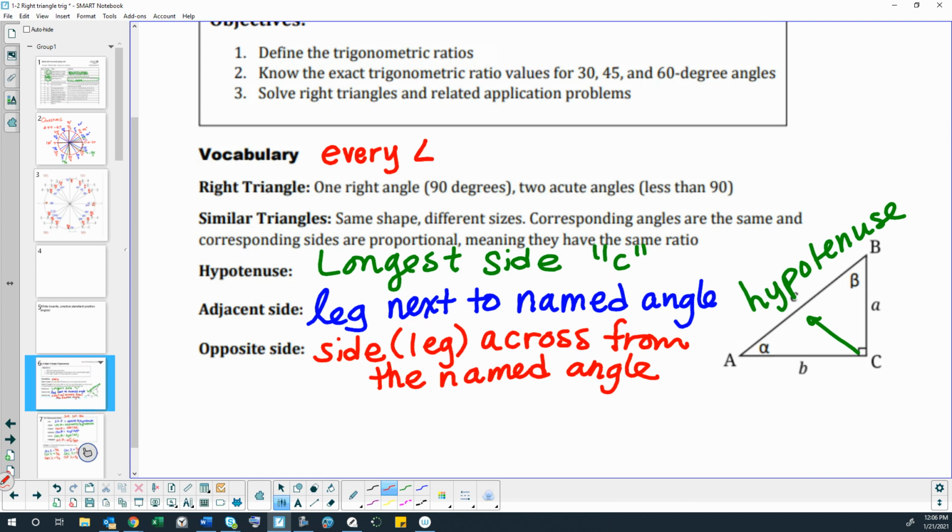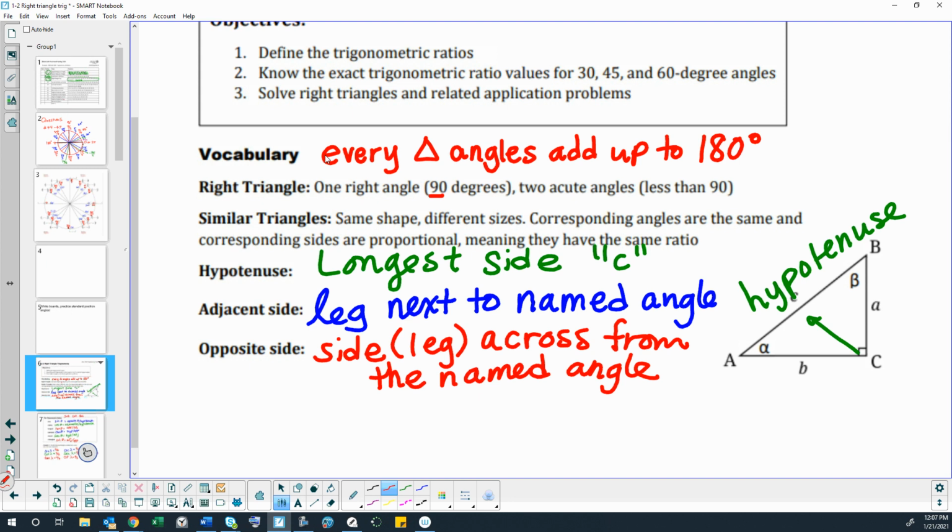Every triangle's angles add up to 180 degrees. So if you have one angle that's 90 degrees and two acute angles that are less than 90